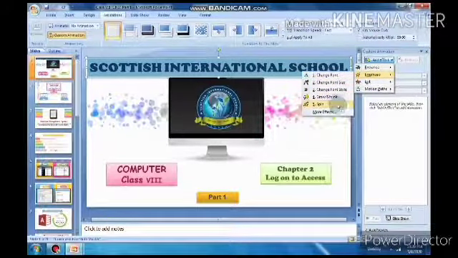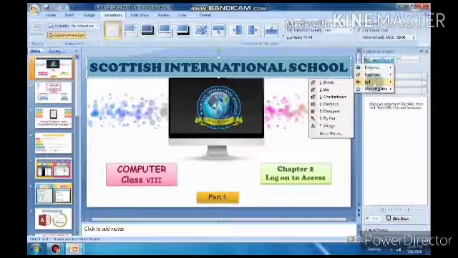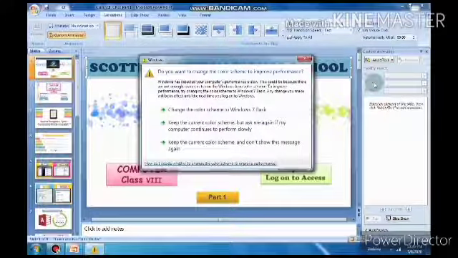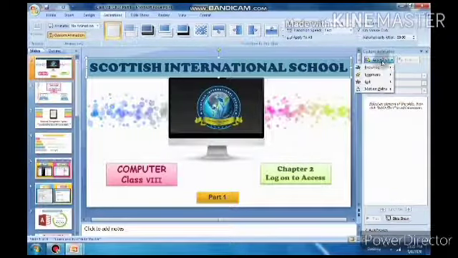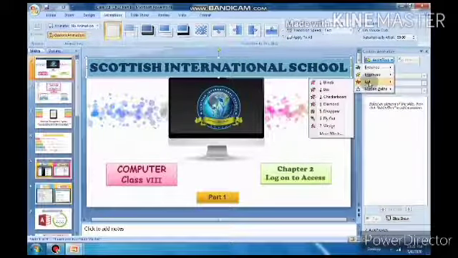These types of operations you can perform in the emphasize effect. Next is exit, in which the object exits from the slide during the slideshow.